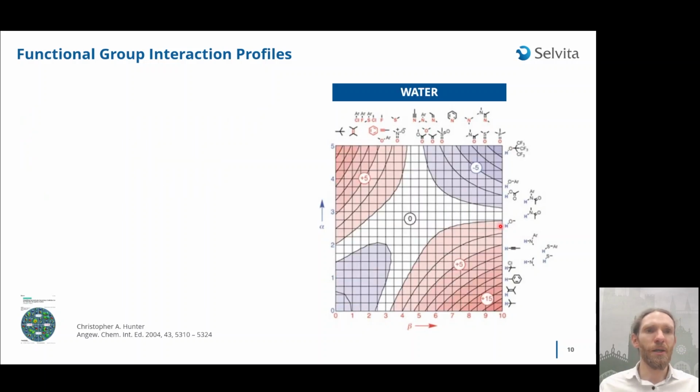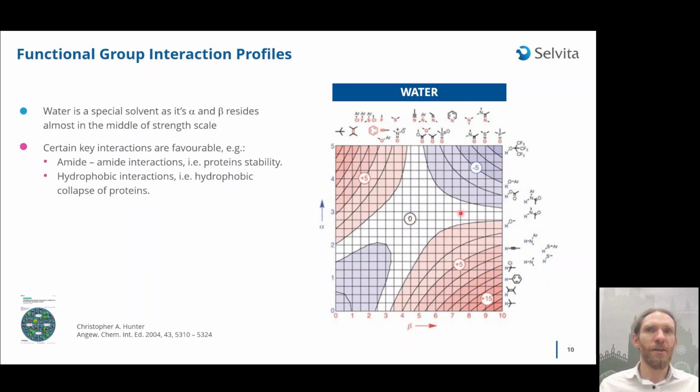Now let's go into water. Water is a very special solvent because its alpha and beta reside almost in the middle of the scale of the strength of hydrogen bond acceptors and donors. And this has very profound consequences for almost everything, because certain key interactions are favorable here. For instance, amide interactions. You have amide here and amide here, and this is in the blue zone, so this is favorable in water. Another thing that is favorable in water are hydrophobic interactions of hydrocarbons,